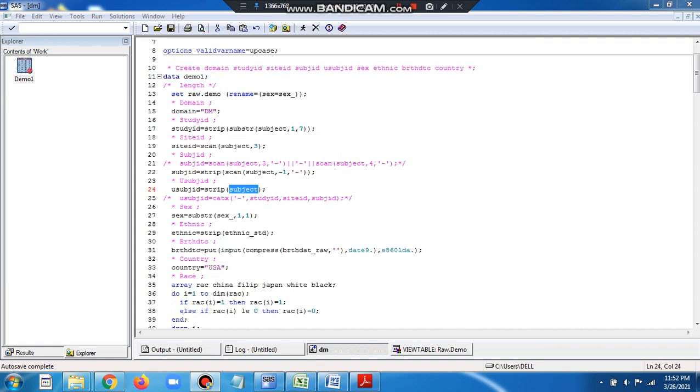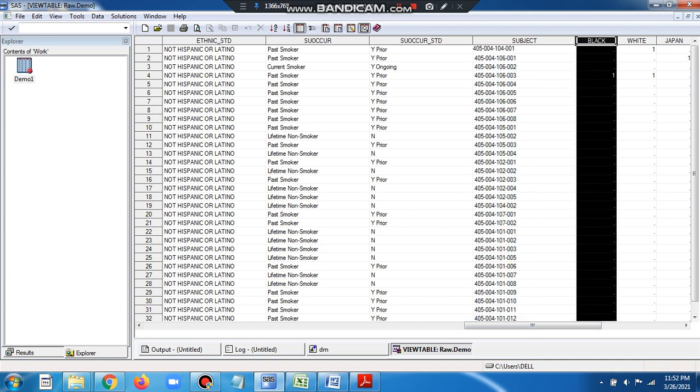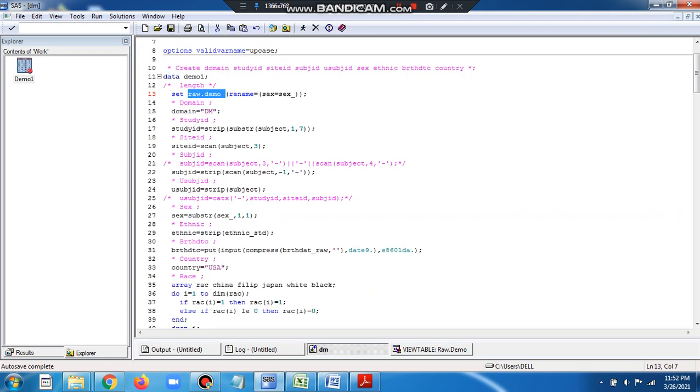So there are some variables that can be directly mapped, or that we can assign a value directly. For example, I'm setting the raw data set, raw.demo. This is a raw data set. The variables subject, race, ethnic, etc. So we have some of the variables needed for creating the demographic data set in the raw data demo, and we are also fetching information from other data sets as well. So let's look at the information that we can fetch from the raw.demo data set.